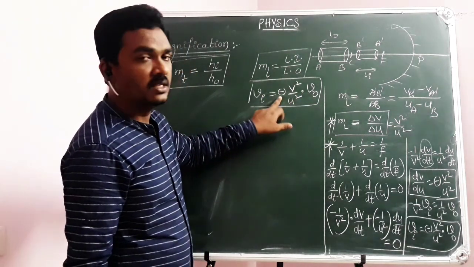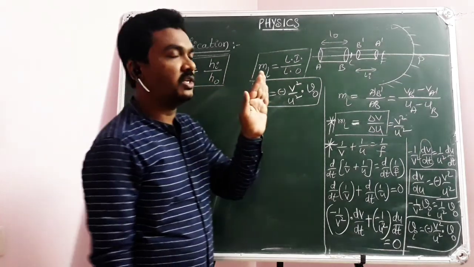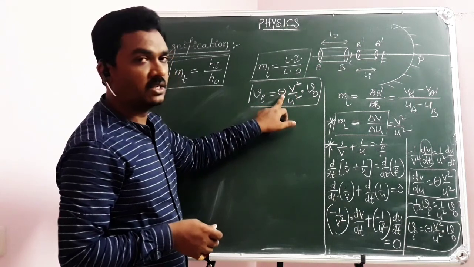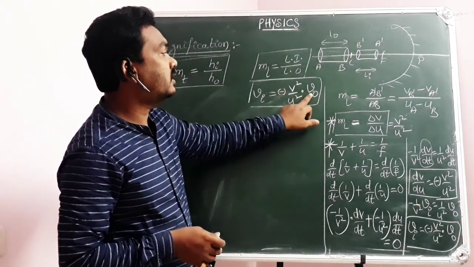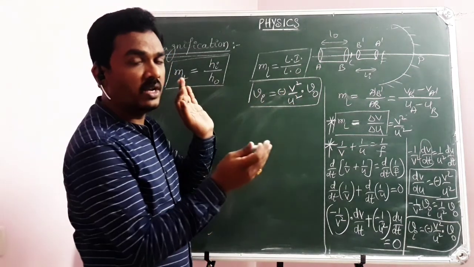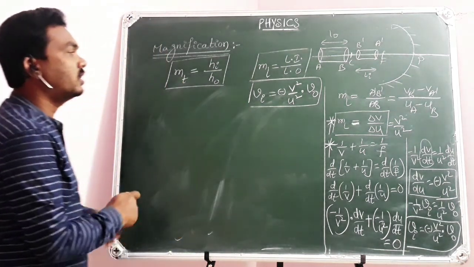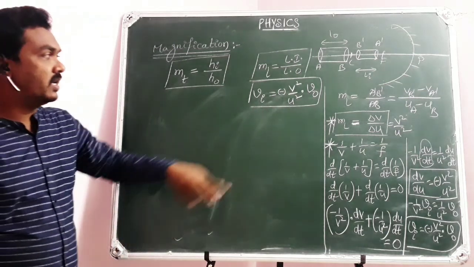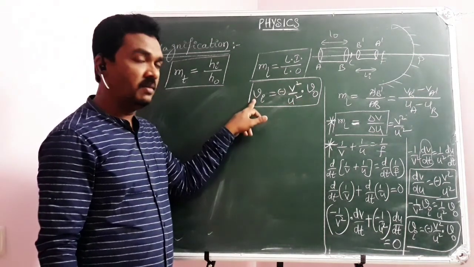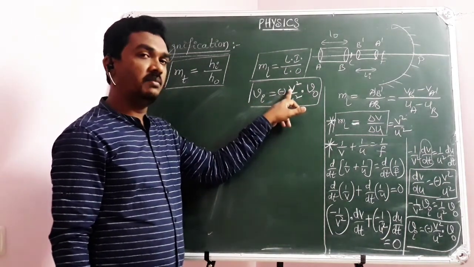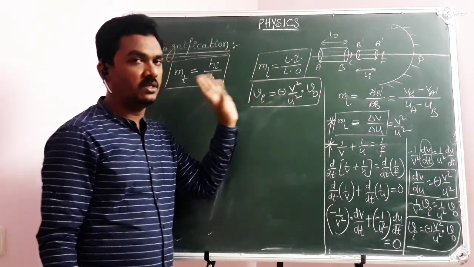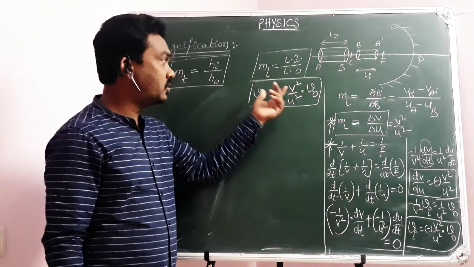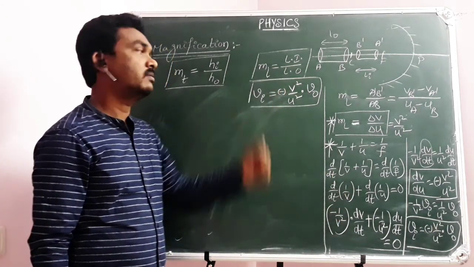This minus indicates that if the object is moving in one direction, the image moves in the opposite direction. I told you, both are in opposite directions. That negative sign indicates object speed and image speed are moving in opposite directions. So image speed equals minus v square by u square into v naught, where v naught is object speed and vi is image speed. This v indicates image distance, this u indicates object distance. And here is the derivation. Of course you have to learn it, but these things are to be remembered.